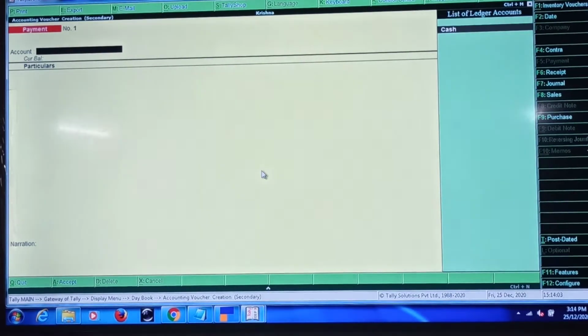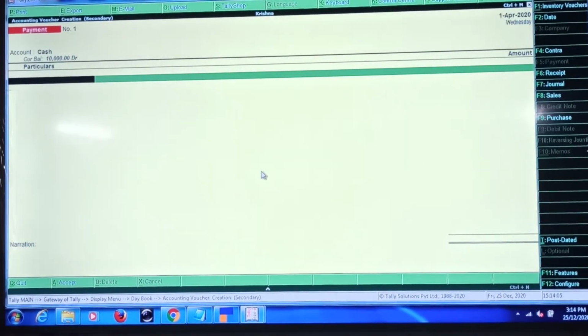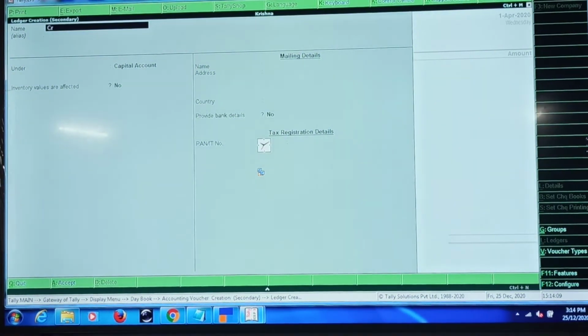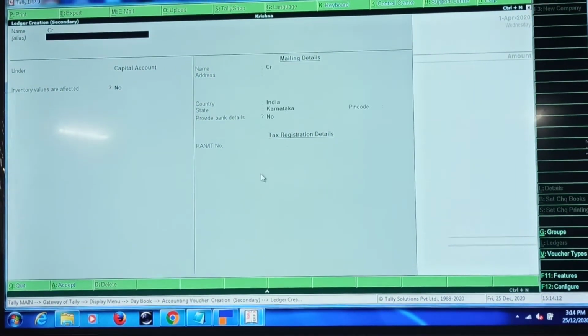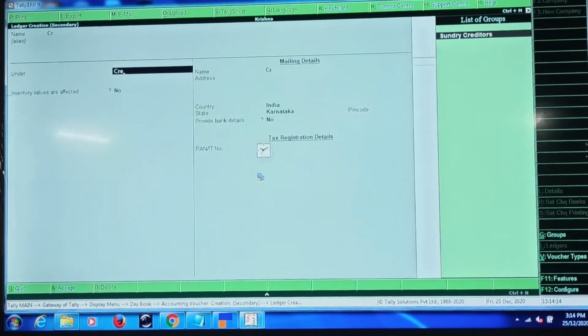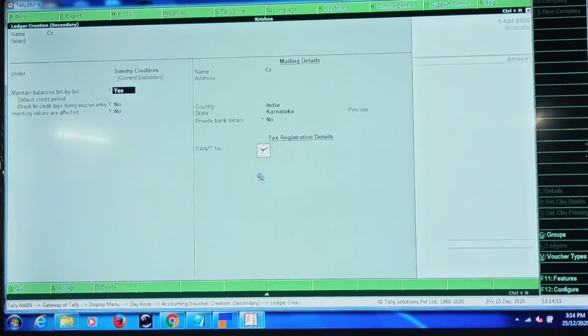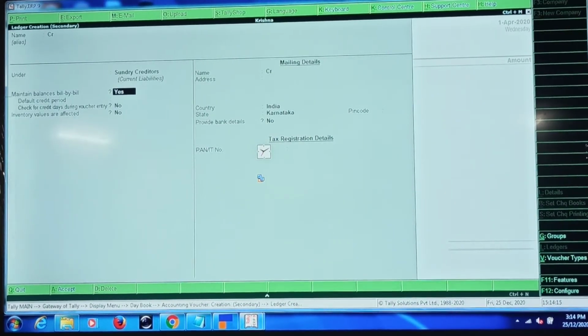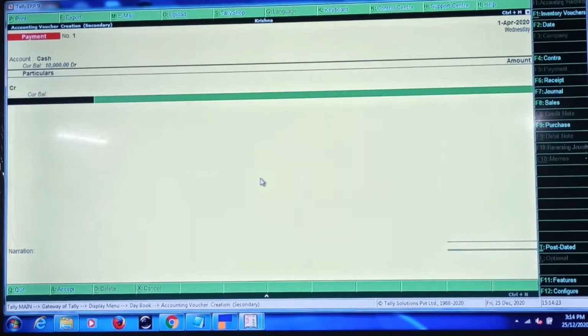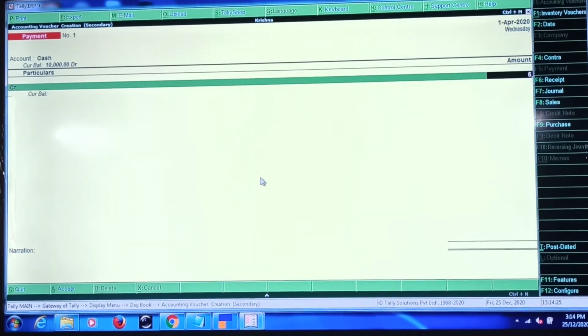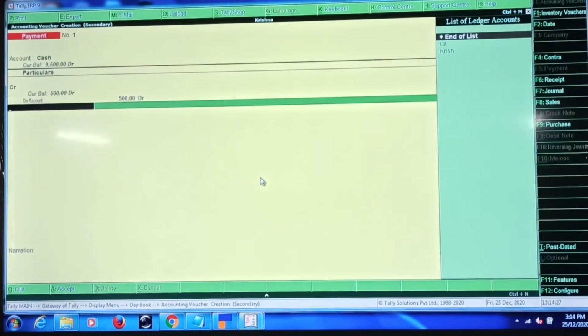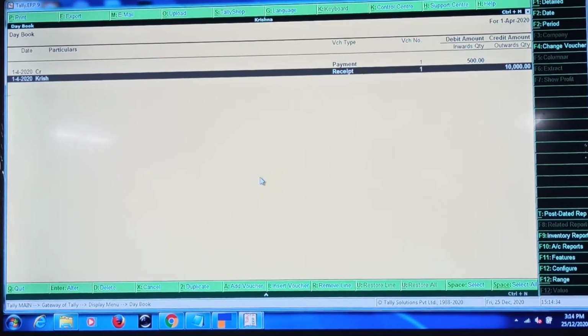So let me record a payment voucher for the party with the name Creditor. I'll press Ctrl A and enter some value, and let me accept the screen. This is how I have recorded a voucher using the remote access system.